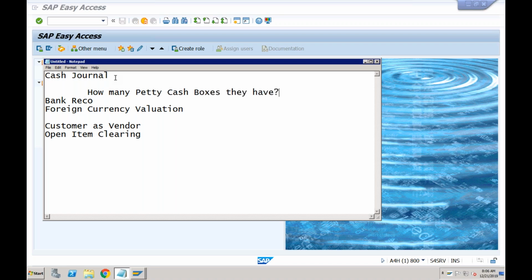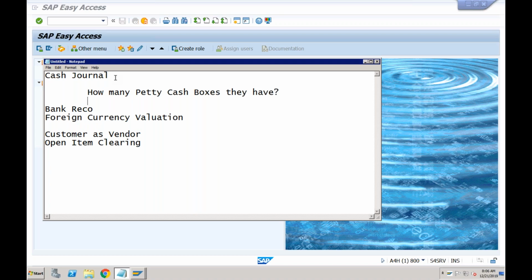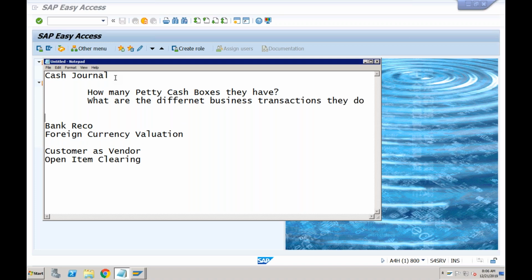Question number two that you are going to ask them is, what are the different business transactions they do from petty cash? For example, they will say we do refreshment expenses, travel expenses, stationery expenses, whatever small expenses they want to do. So you need to ask them what are the different types of expenses that they are doing from the cash box. These two pieces of information are enough.